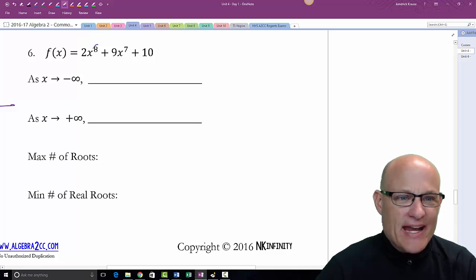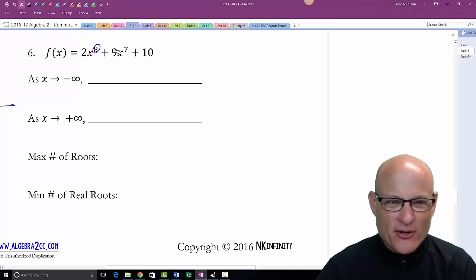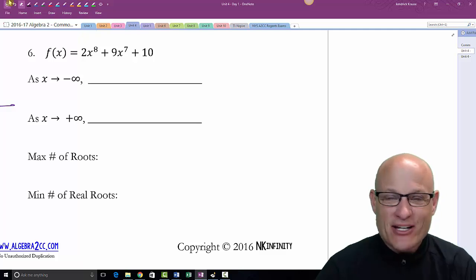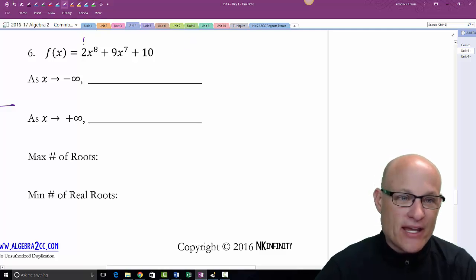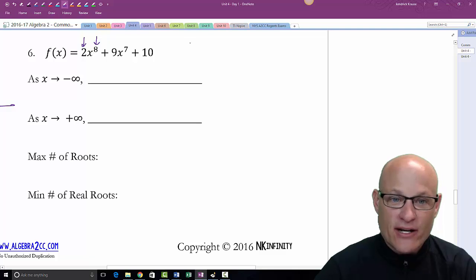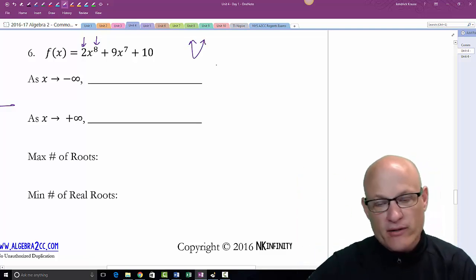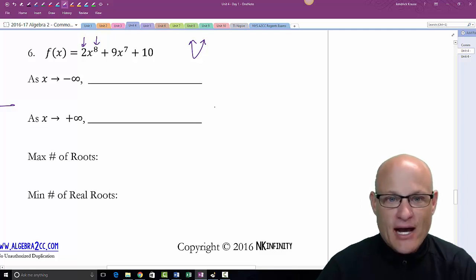All right, I've got an 8th-degree polynomial. I don't know what an 8th-degree polynomial looks like. I have no idea. So I'm not even going to bother graphing it. But I know it's positive and it's even. So I know it's going to look like a parabola going up. Now, I know it's going to have some bumps, some relative mins and relative maxes. I don't care. I know it's going up. So as it goes to the right, it's going up. As it's going to the left, it's going up.